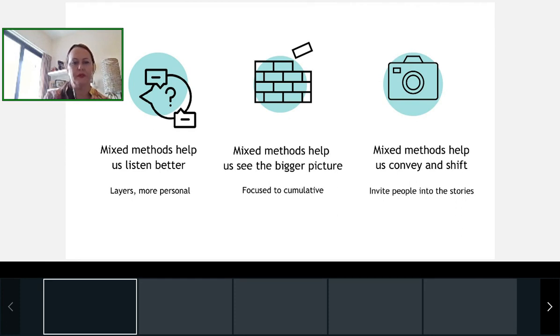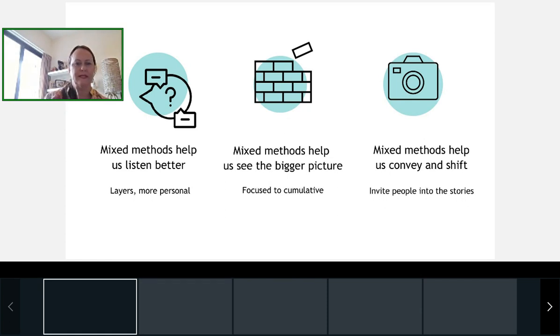It also helps us to see the bigger picture. So there are, as I'll share in a moment, sort of two rhythms for us. One is that there's always specific topics and specific needs that have an urgency around them that we're looking into. But we want to constantly bring that back to the big picture and understand the space, the area, the need, the problem holistically. So every single thing that we do adds another brick into that wall, another piece into that jigsaw puzzle. So mixed methods help us to have those two rhythms and to be cumulative.